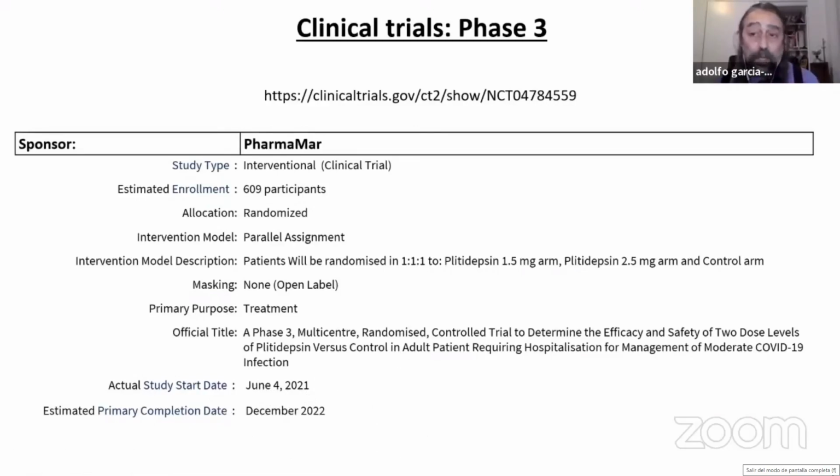So if that works well, then we'll have one more drug that could be used for the treatment of COVID-19, that could be added to the already existing drugs. And perhaps this will be beneficial because you never know how many drugs you need for this virus, and whether viruses are going to acquire resistance or not to the drugs that are already used.